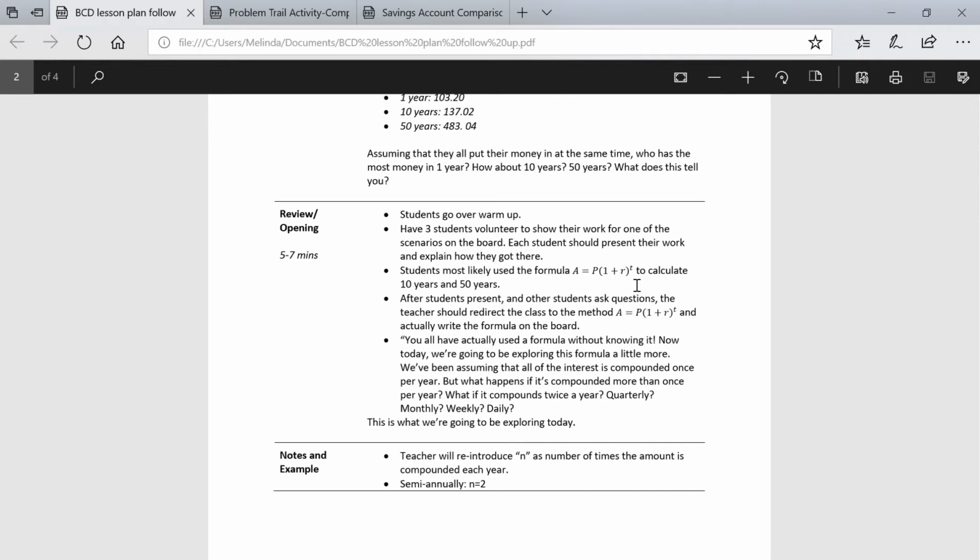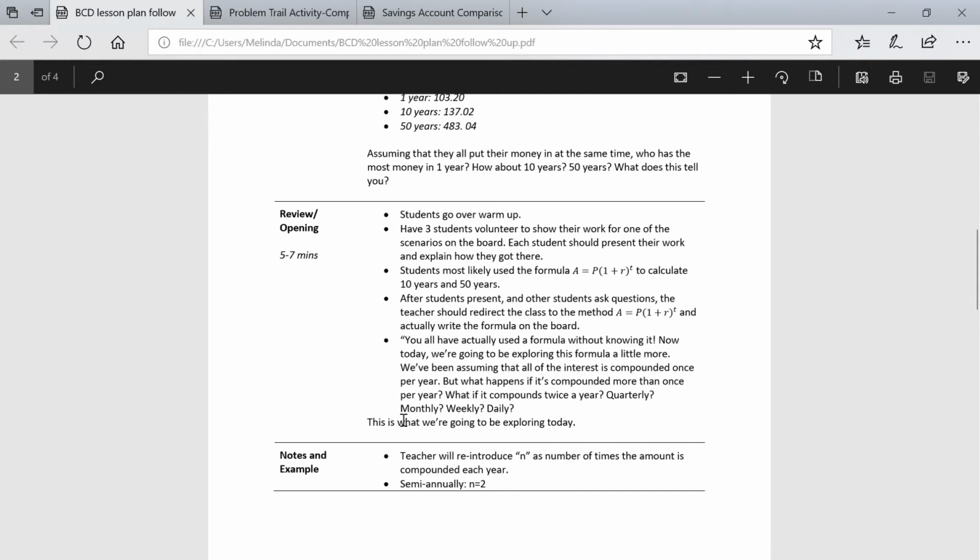They could have made a table, but that would have been a lot of work. So I'm really going to highlight that later after the students present. I'll give some time for the other students to ask questions. At this point, I'll probably be standing in the back of the classroom letting the students lead. And after all the questions are done,